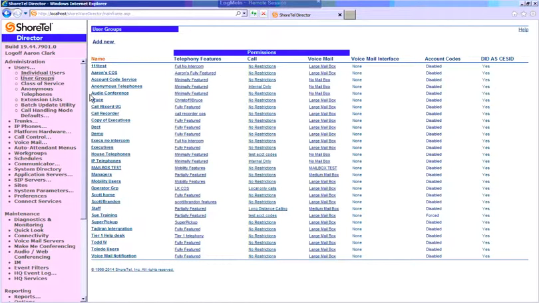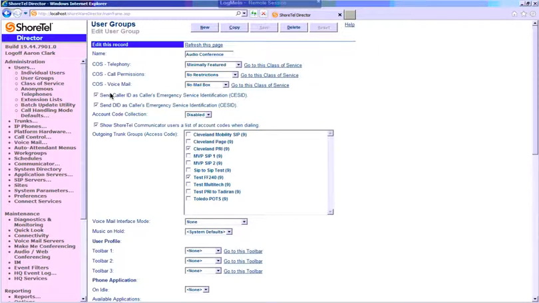So I can click on any one of these, and at the top here are those three sets of permissions. This is where we'll get into some pretty good detail with the features that we are allowing or not allowing users to have. In the middle here is the outgoing trunks or dial tone that this particular user group has